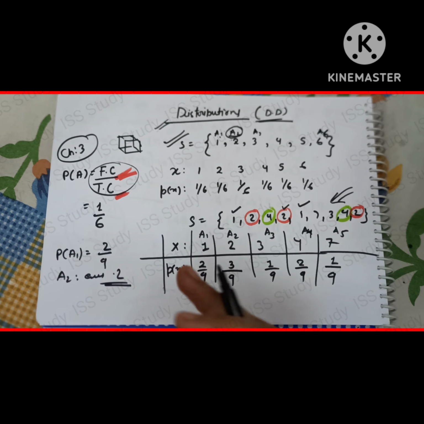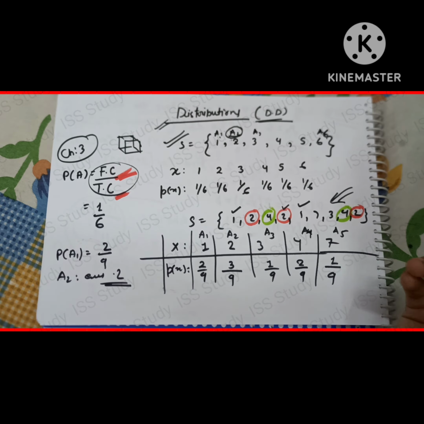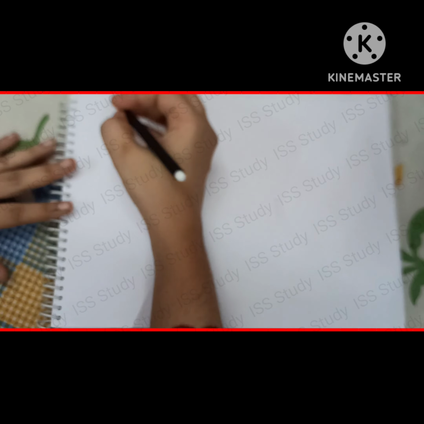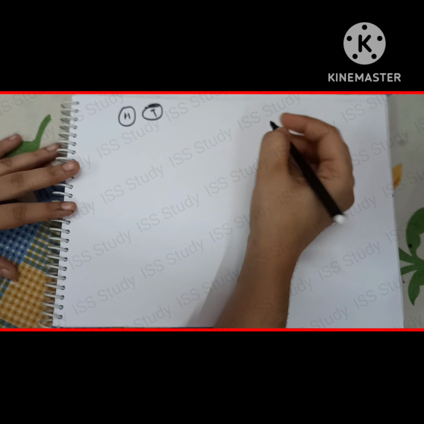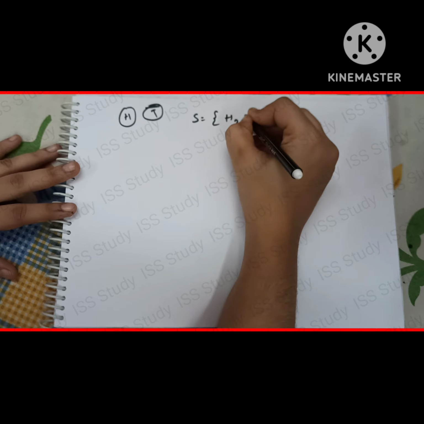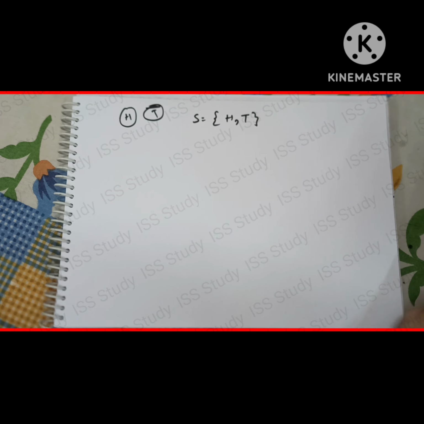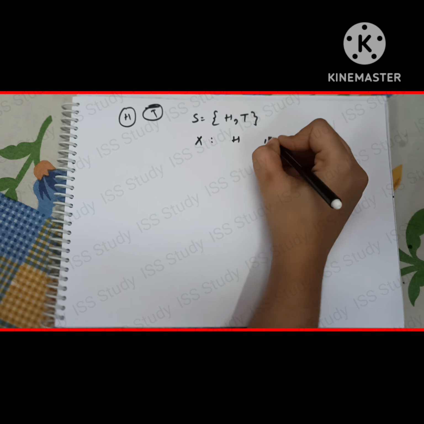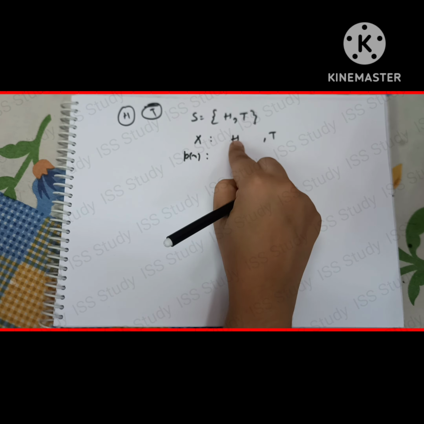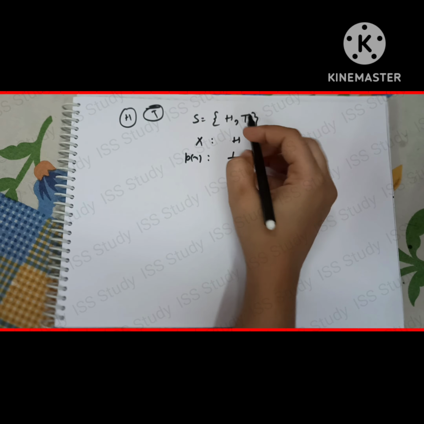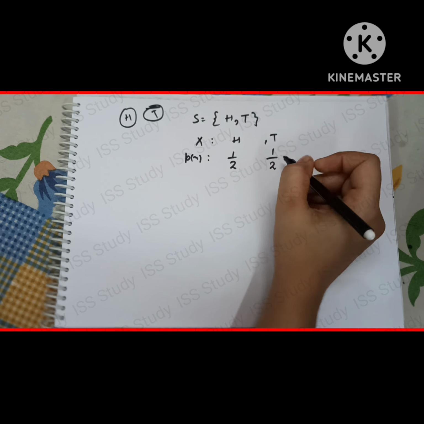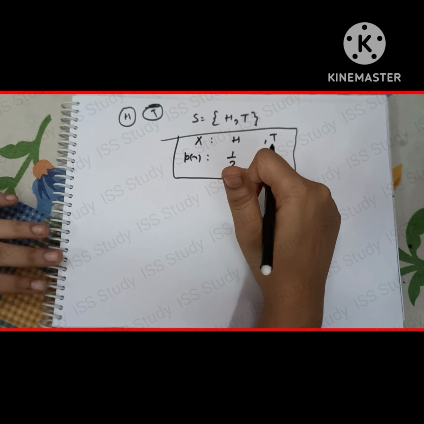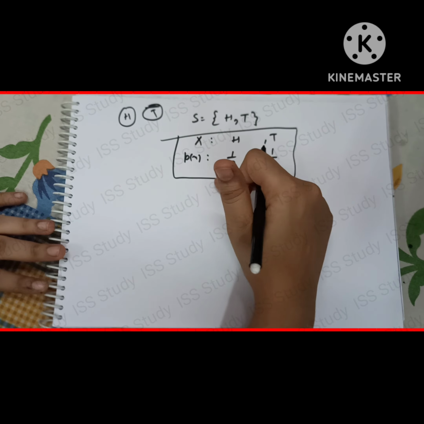Now in the same way, if I talk about the real life example, so obviously if I am talking about coin tossing, we know that a coin has 2 sides only, head and tail. So obviously its sample space contains the outcomes head and tail only, right? Now what is the probability that you are going to attach to it? So you can say here X is representing head and tail, and what is the probability of happening of head? Favorable case is 1, total number of cases 2. Favorable case for tail is 1 and the total number of cases is 2. Right? So you can see here everyone, we are getting the same probability for both.